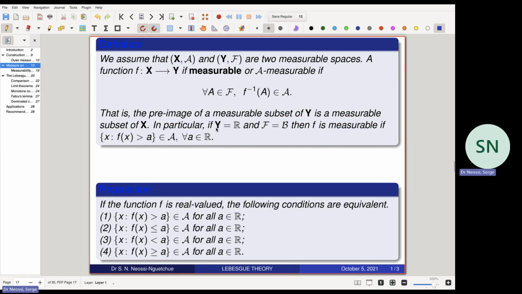So in particular, if we take Y to be equal to R, the set of real numbers, and if we take F to be B, the Borel sigma algebra of R, then f is measurable if and only if the set of x such that f(x) is greater than a is a measurable set, and this should be true for any a in R. So why can we take this? Because remember,